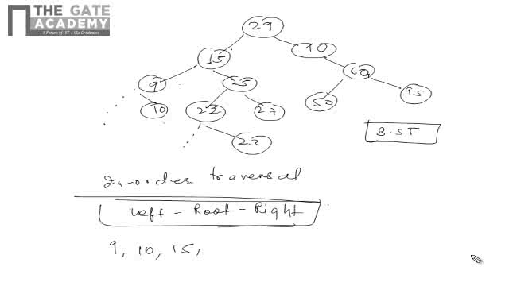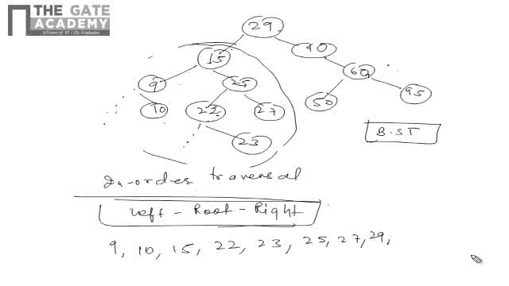Now after 15 we will go to the left part, right? Here the left part is 22, but there is no left for 22, so we get 22 as a root, and then the right is 23, then again 25, and again 27. Now we will go for 29 because all of the left part got over. So now we will take our root as 29.